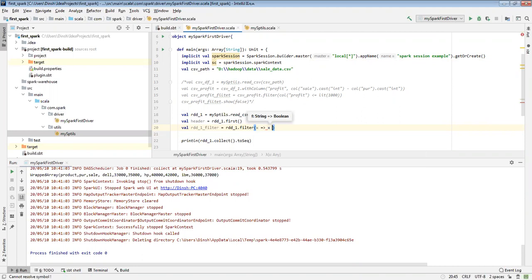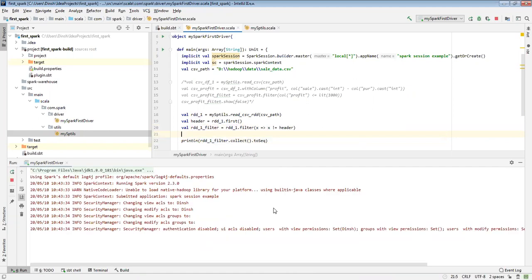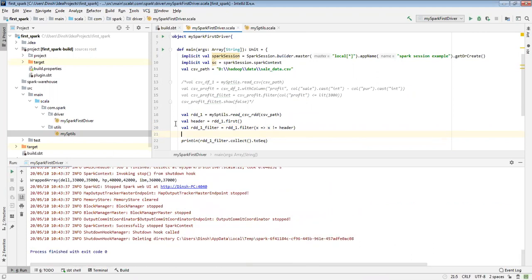Now I try to print this one and check whether my header is printed or not. Okay, so I removed my header, correct? I removed my header.